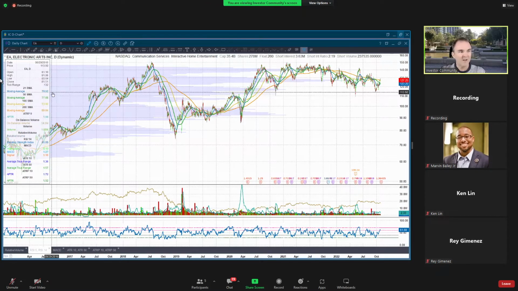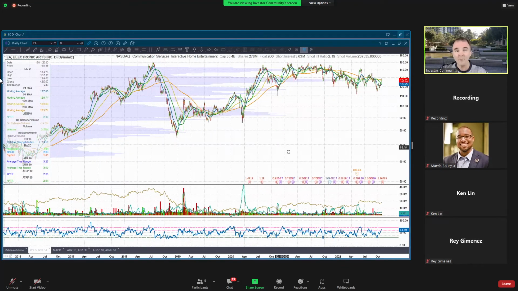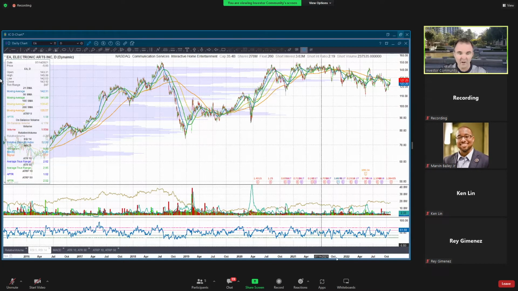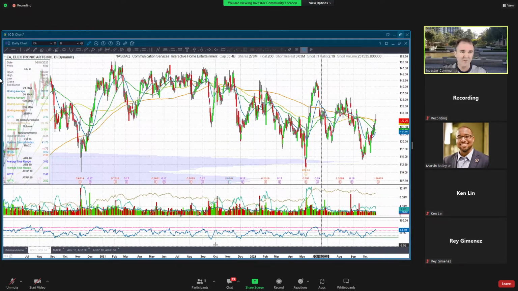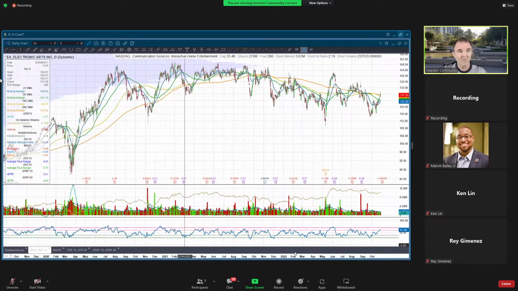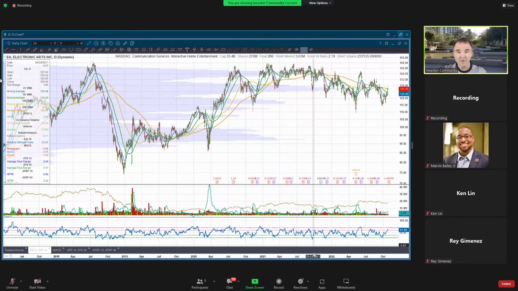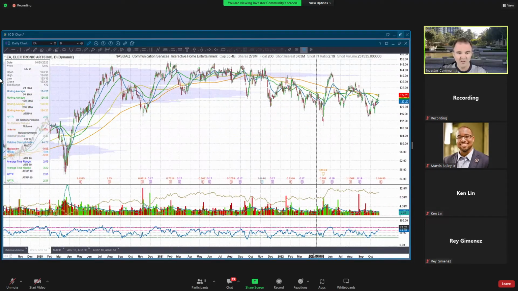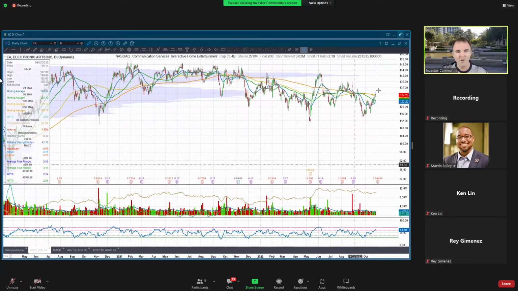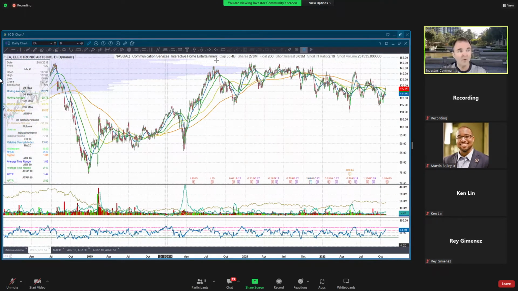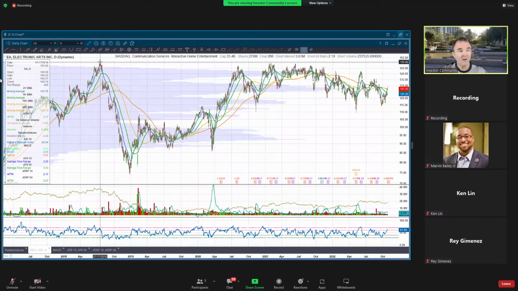You can see that EA is basically just sideways for really about 5 years, since 2017. It really hasn't done much of anything. And that kind of backs up what Marvin and a couple other people were saying, that their games are just kind of mediocre. And this chart is kind of mediocre. There's nothing really here that says, hey, I want to get in this stock. It's just building a giant base. Maybe when it breaks out of this base, then I might be interested.